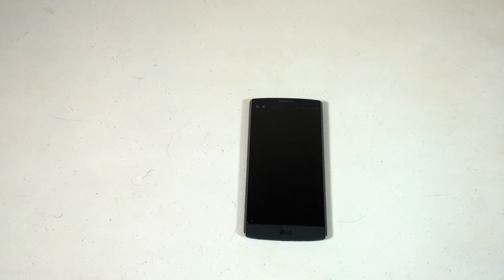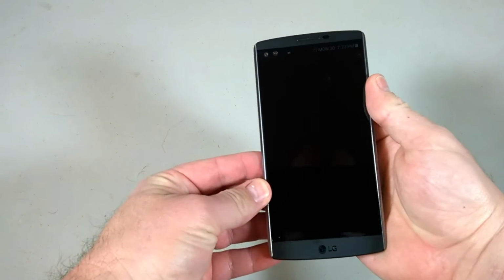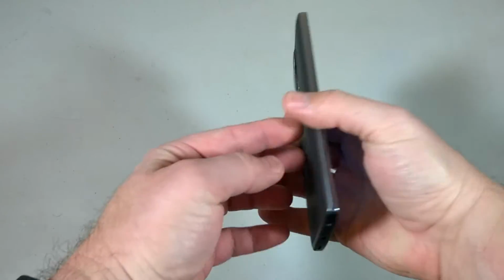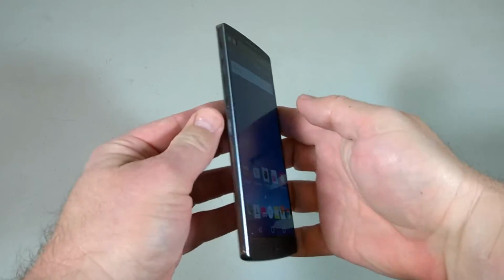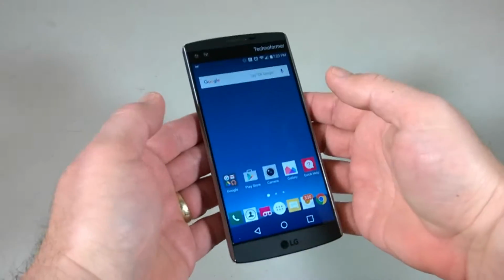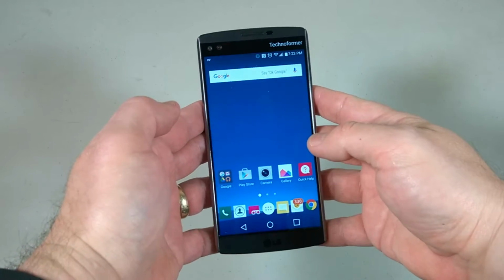Today we're looking at the LG V10 Android phone. This phone is very similar to its little brother, the LG G4, but it has a little bit bigger screen and some camera enhancements. The design of the phone is very rugged and sturdy. The dimensions are 6.28 inches high, 3.13 inches wide, 0.34 inches thick, and 6.77 ounces. It's not the thinnest or lightest phone on the market, but it's actually very solid in the hand and feels